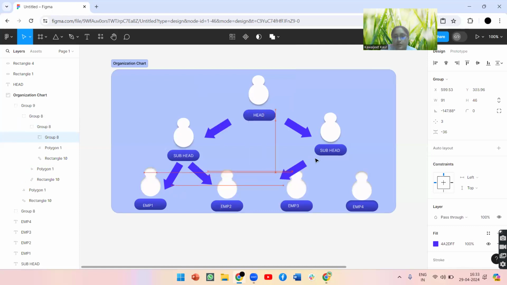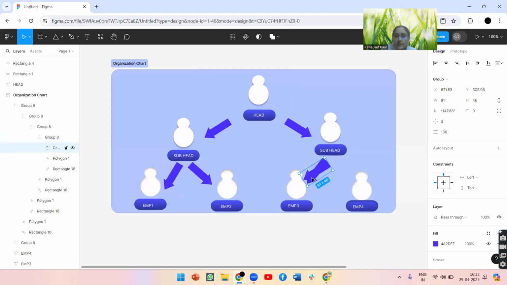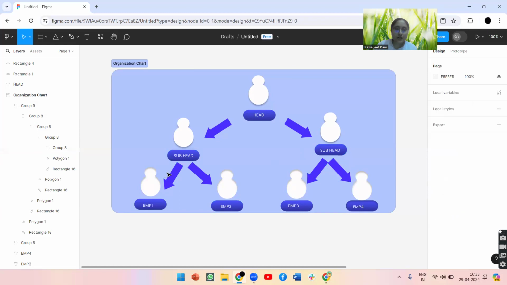You are going to use it here as well, rotate it at a particular angle. Again, you can rotate it at an angle. Perfect. So now I am rotating this at a particular angle,